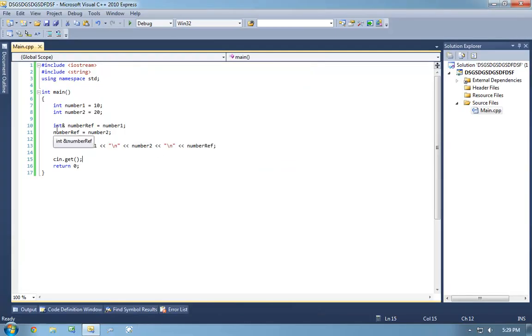When we assign the reference numberRef to number1, numberRef is now essentially a pointer to number1. When we say numberRef equals number2, what we're doing is taking the value of numberRef and setting that to the value of number2, which means now number1 equals 20 and number2 equals 20, and because numberRef is still pointing to number1, numberRef equals 20.